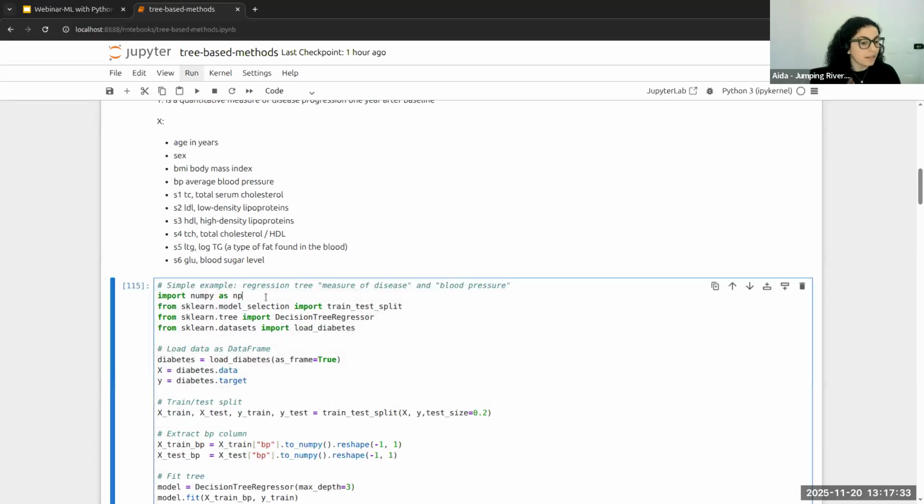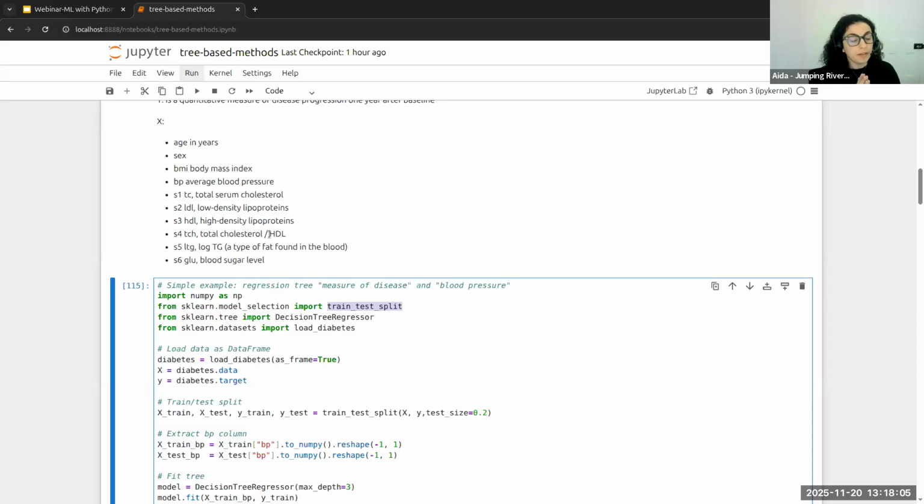To implement this, as I mentioned, I'm going to use the scikit-learn package. From scikit-learn, I import this method here, train_test_split, which basically helps us divide the entire data set that I have into subsets. One of them is the training set, and the other one is the testing set.